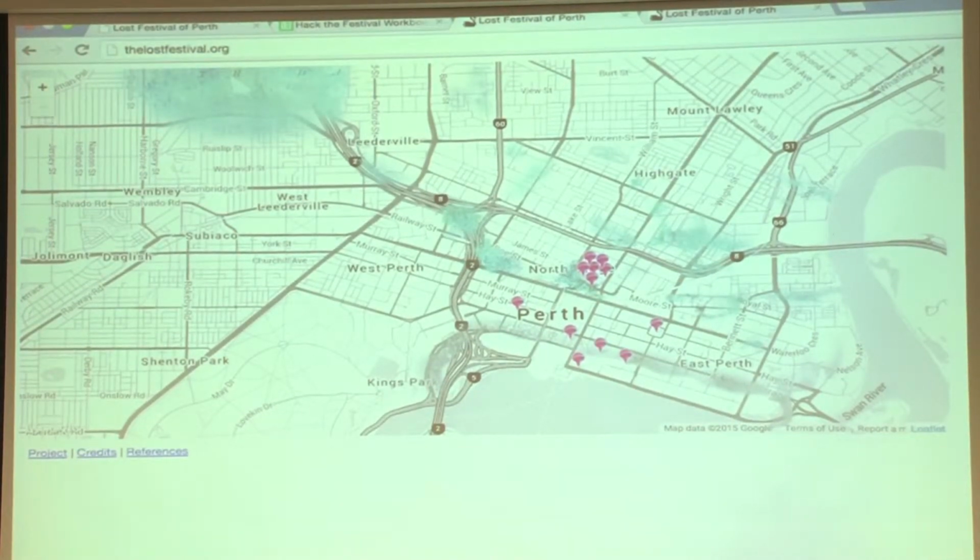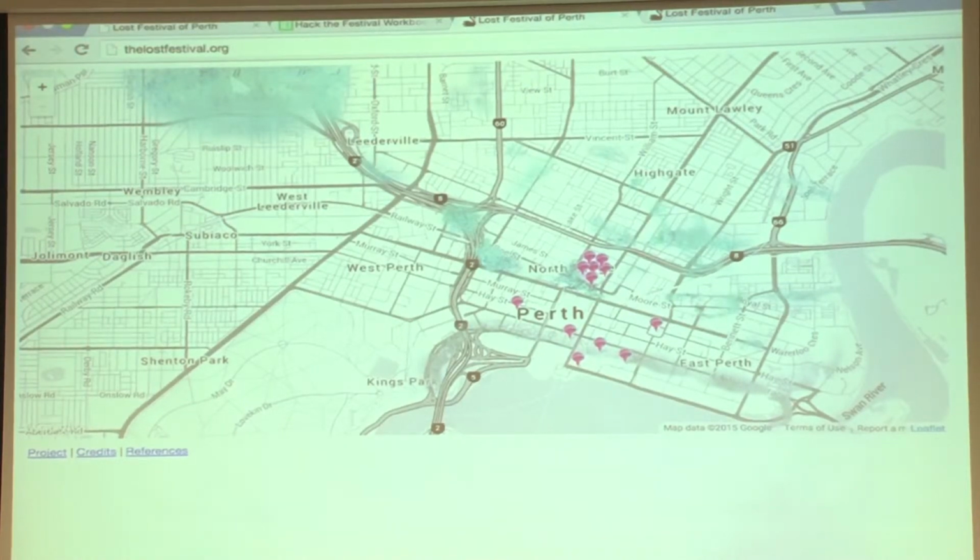So this loads this map where the audience can see the intersection of the festival map and the Lost Wetlands map. Placing each of these little points, we've taken a sample from the middle of these is a venue, and you can see Space Cube is up here, a festival venue.